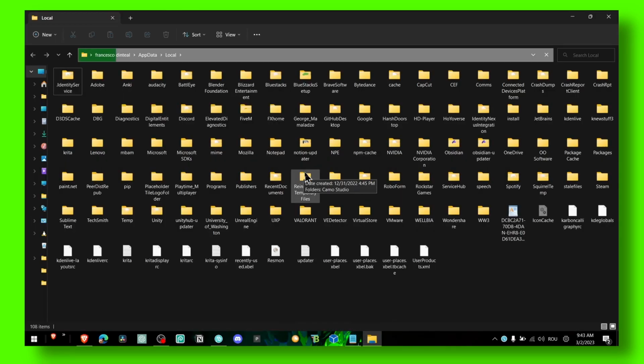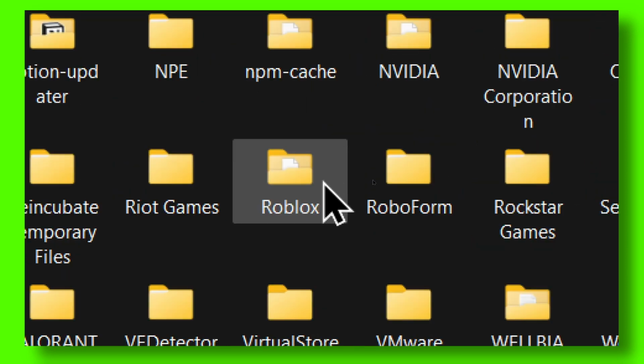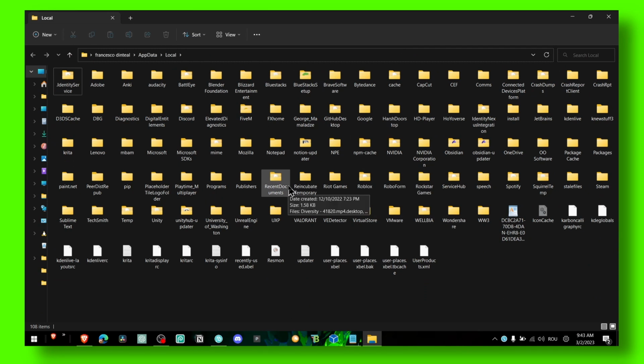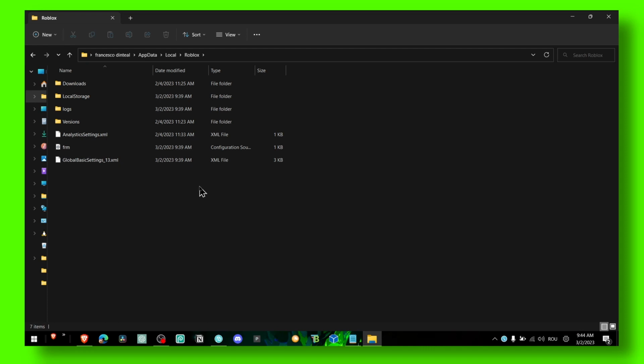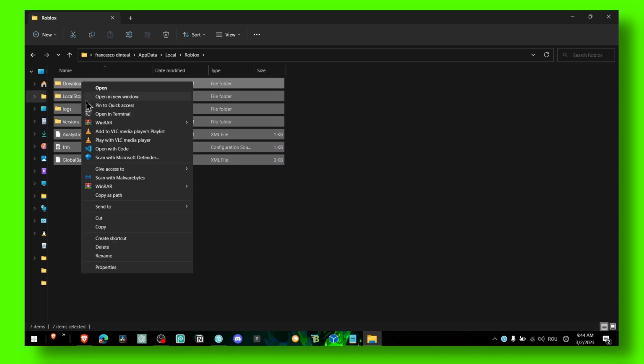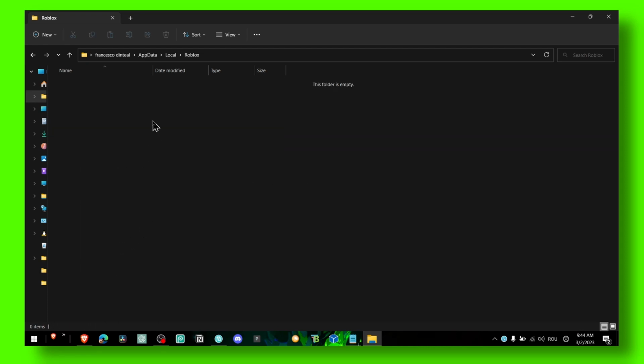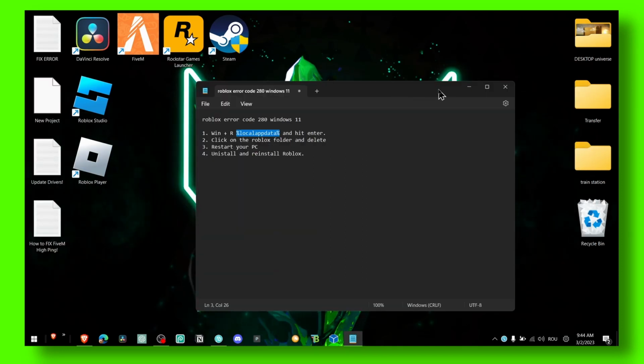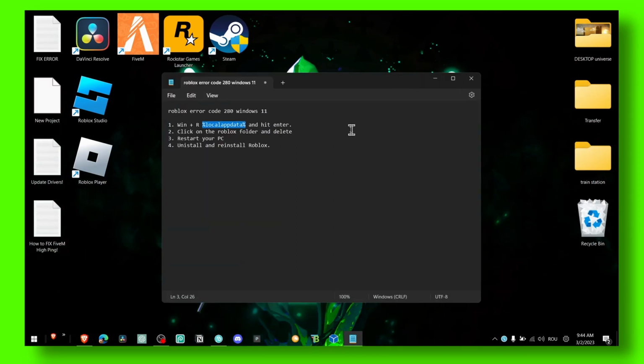And now what you have to do is to look for Roblox, and we have right over here Roblox, as you can see. And now the next step is to click on the Roblox file. And now all the files here, make sure you delete them, and don't worry, nothing bad is gonna happen with Roblox. You just have to relog in your account. And now just restart your computer,